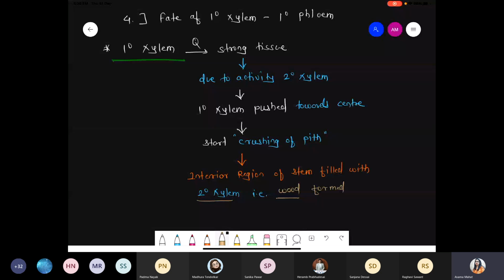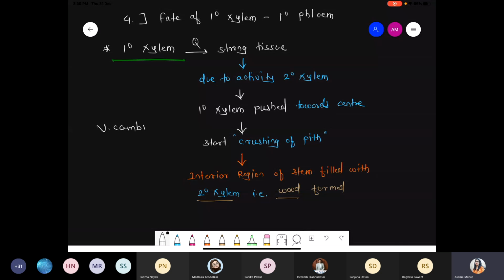First, primary xylem is a strong tissue. Why strong? Because tracheids, vessels and fibers are the three dead tissues made up of sclerenchyma, so obviously they are not easily crushed. But now, due to the activity of the vascular cambium toward the inner side, secondary xylem is formed. Secondary xylem forms 8 to 10 times faster. Ultimately they start pushing the primary xylem, because we saw in the sequence that the vascular cambium is present here,